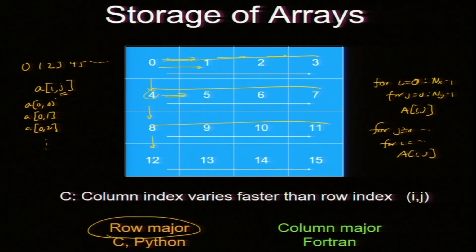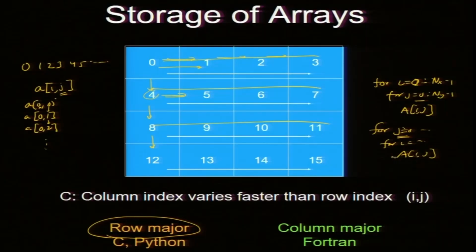The first one, right. Why? Because when i is 0, then j will take the elements. I am fixing i at 0, then j is increasing. So, the numbers are consecutive in the memory, and when brought to cache, they are also consecutive. However, if I do this, the numbers I need for computation are a[1, 0]. You see, i is changing faster in this loop, and these numbers are not consecutive in the memory.